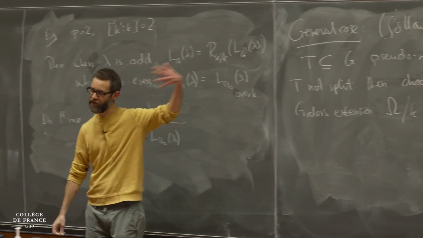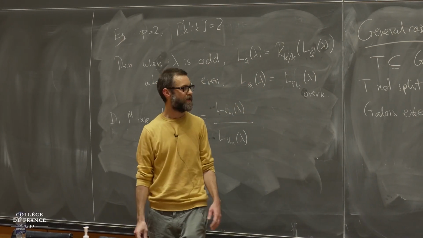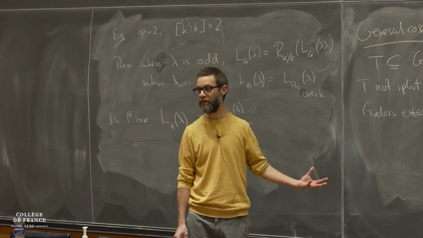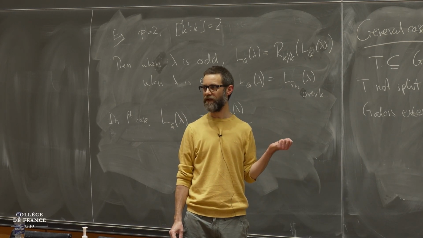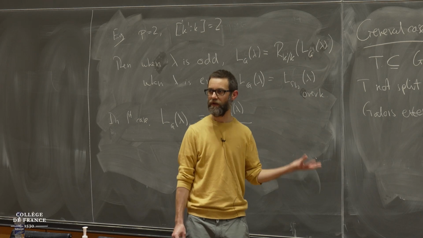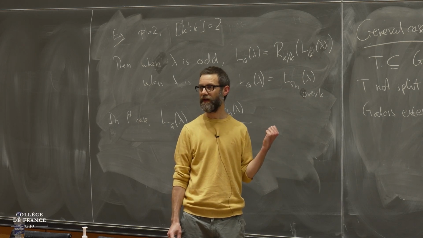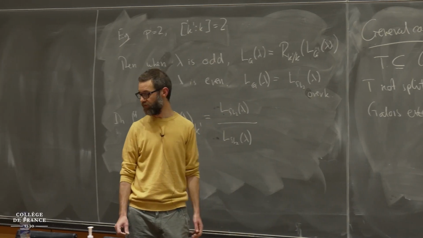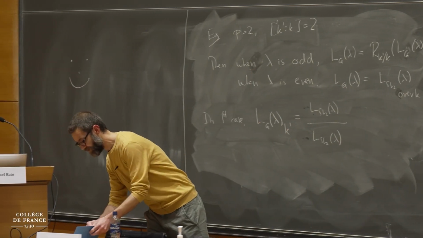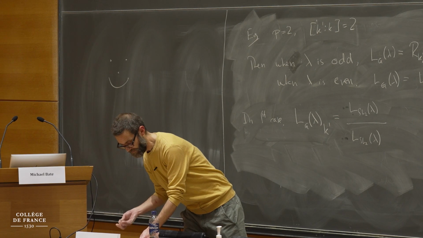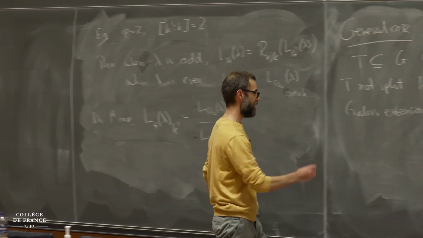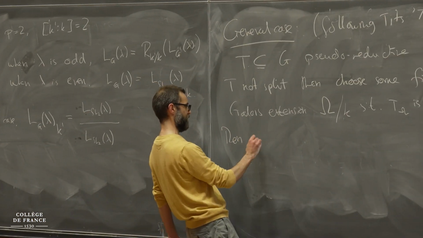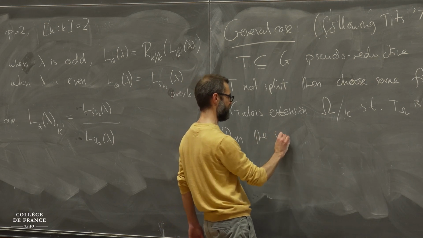So then the group G, when I base change to omega, G omega, is now a pseudo-split pseudo-reductive group. It has a split maximal torus in it, and I know how to label the simple modules for that group. The question is, how can I use that to label the simple modules for G? And the answer is very straightforward. Let me just get it right. Okay, so then the simple G modules